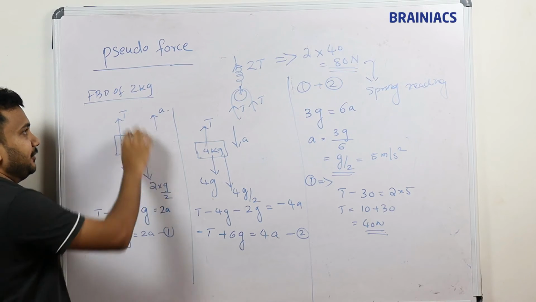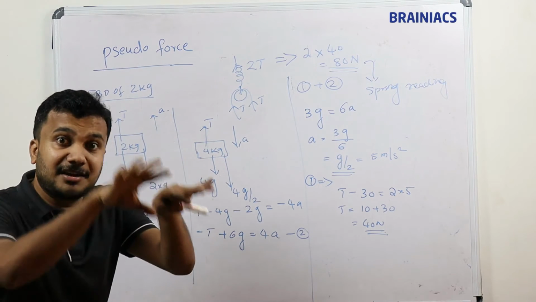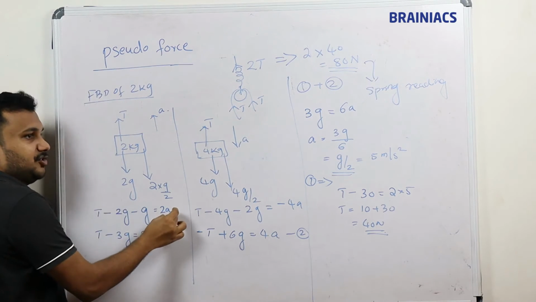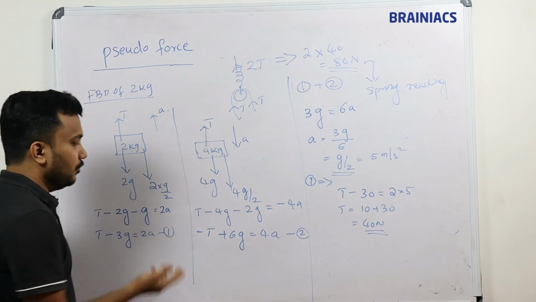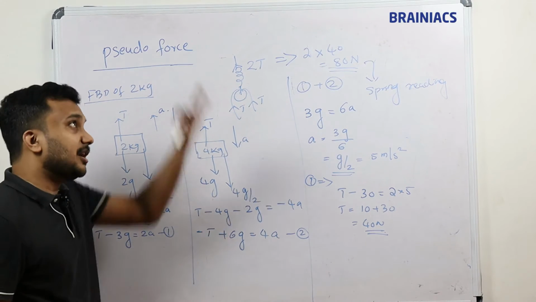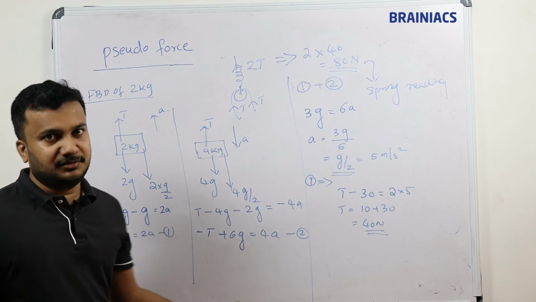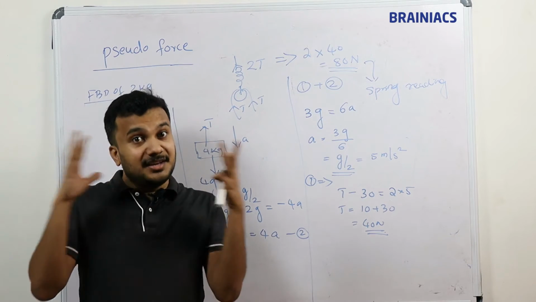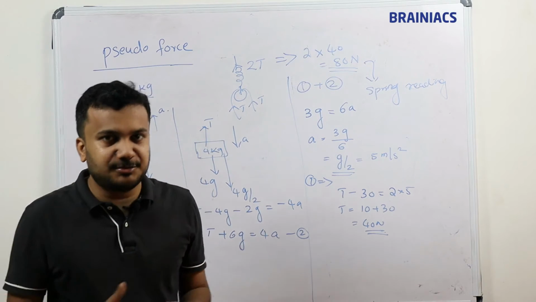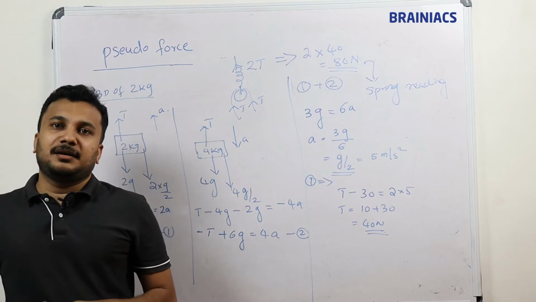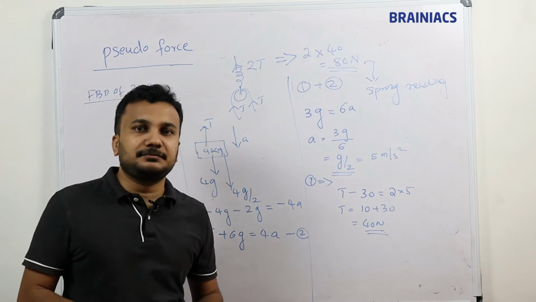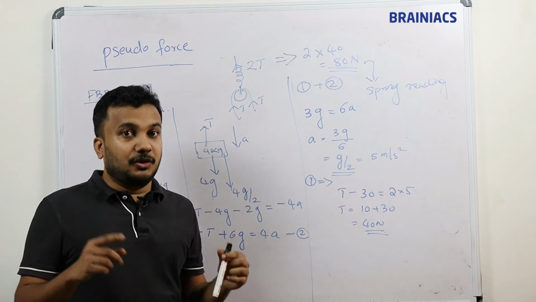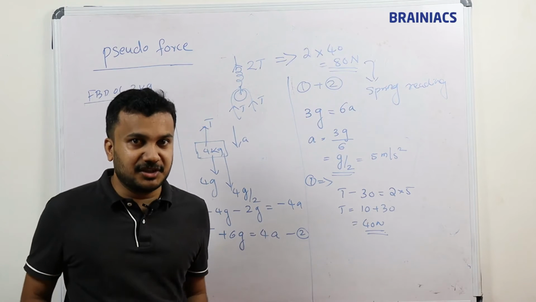If the body has a motion inside the non-inertial frame, then acceleration has to be considered. Otherwise, if it is in equilibrium, if it is at rest, what will come here is 0, which means upward force equals downward force. That's all. Hope you understood. The 3 examples I have show different aspects. One is in a lift, another is in a wedge, and this is another example. So hope these 3 examples are clear to you.